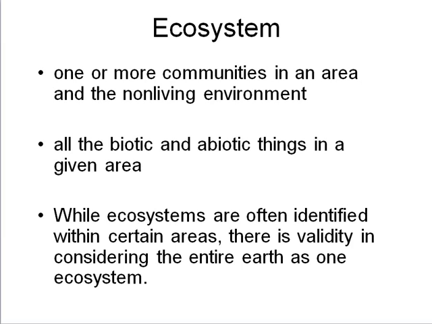Ecosystems are composed of one or more communities. What distinguishes a community from an ecosystem is that the concept of community includes only the living organisms, while ecosystems include both the living organisms and their non-living environment. Freshwater ponds, saltwater estuaries, and prairies, to name just a few, are examples of ecosystems. But keep in mind that ecosystems are influenced by their surroundings, and so the entire Earth could be considered a single ecosystem.